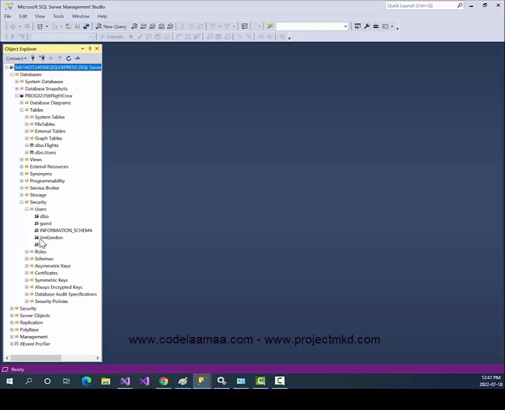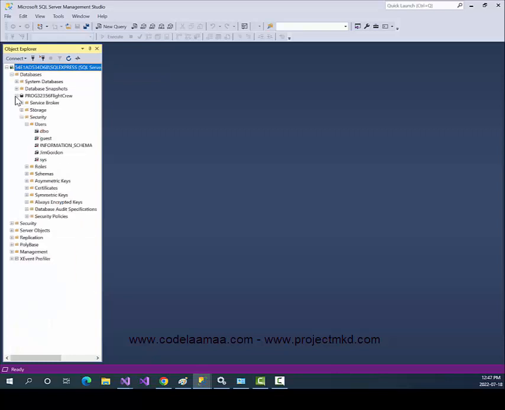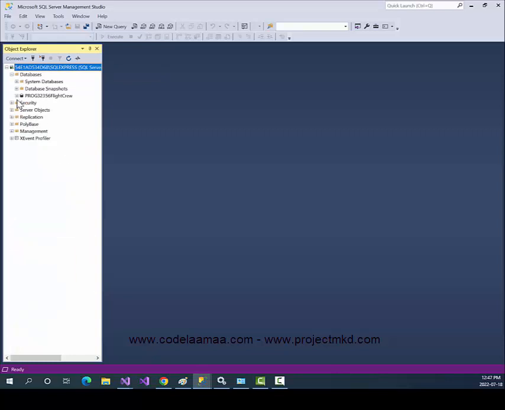So I created a user called Jim Gordon. We're going to do something like that here. And Jim Gordon is associated with this particular database. So we'll come back to this in a moment. We'll create a new database, new table, and so on. The other one that we care about is security. So be careful. There's two securities here. There's one within each database, and there's one within